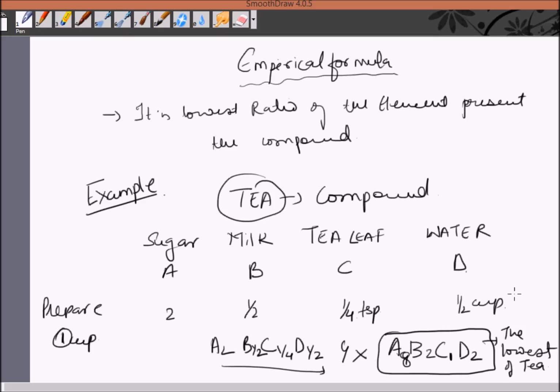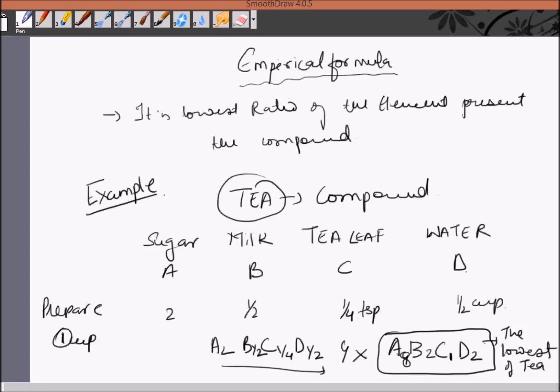We can represent this as an empirical formula, that is the lowest possible ratio of the elements which makes a compound, that is sugar, milk, leaf and water, that is A8, B2, C1, D2. This is the minimal possible ratio which we can use to form a minimum possible substance,